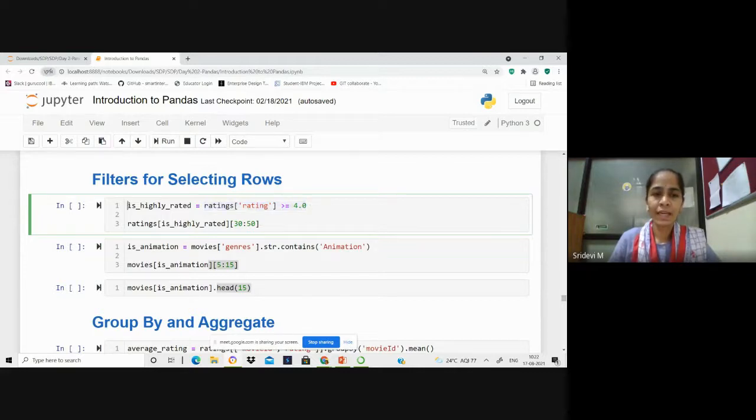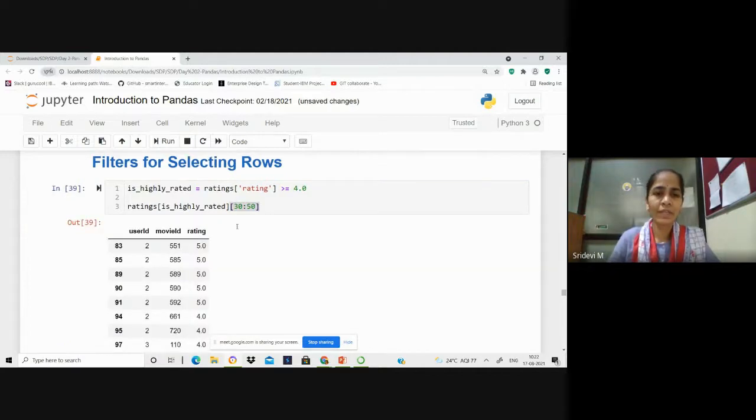So we create that filter first and store it in an object, is highly rated, and apply that object on the ratings table, and some data points will be extracted according to this filter. From that set of data points we are extracting some data points randomly, between 30 to 50 rows.